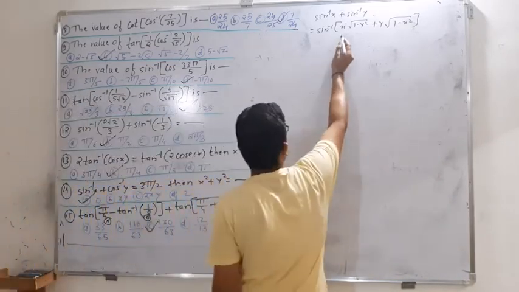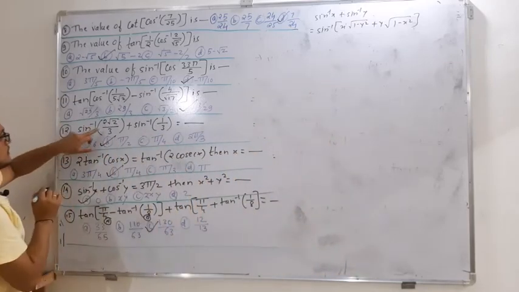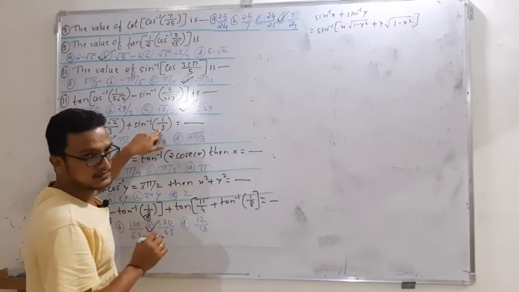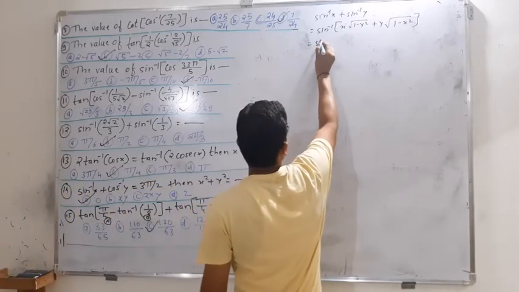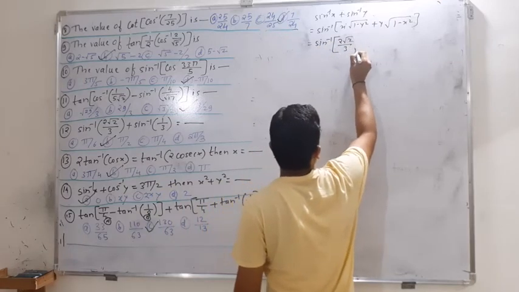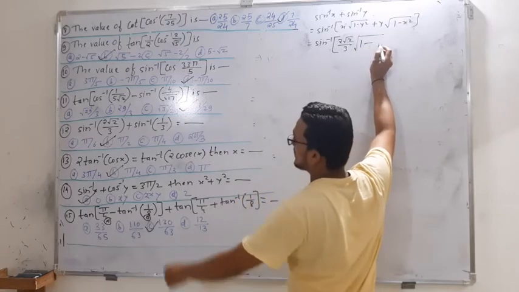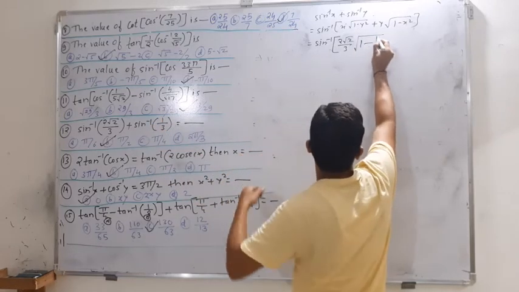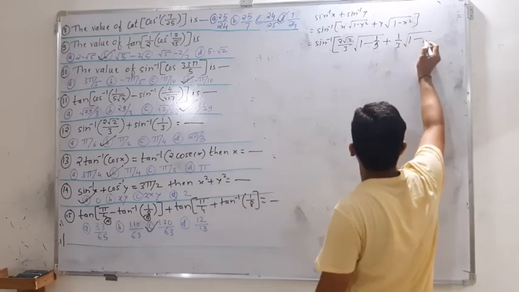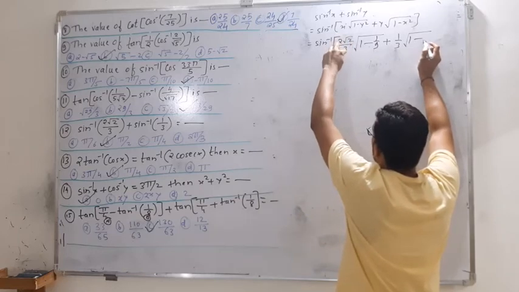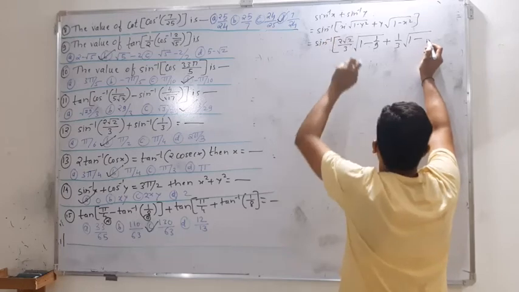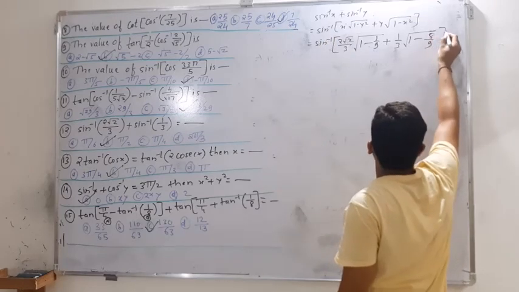This formula is there in the inverse trigonometric formulas. So here your x is 2 root 2 upon 3, and y is 1 upon 3. Just go on substituting. So sine inverse of x is 2 root 2 upon 3 under root 1 minus y square. Y is 1 by 3, y square is 1 by 9, plus y is 1 by 3 under root 1 minus x square. X is 2 root 2 upon 3, so root 2 square is 2, 2 square is 4, so 4 twos are 8, 8 upon 9. 3 square is 9 there.